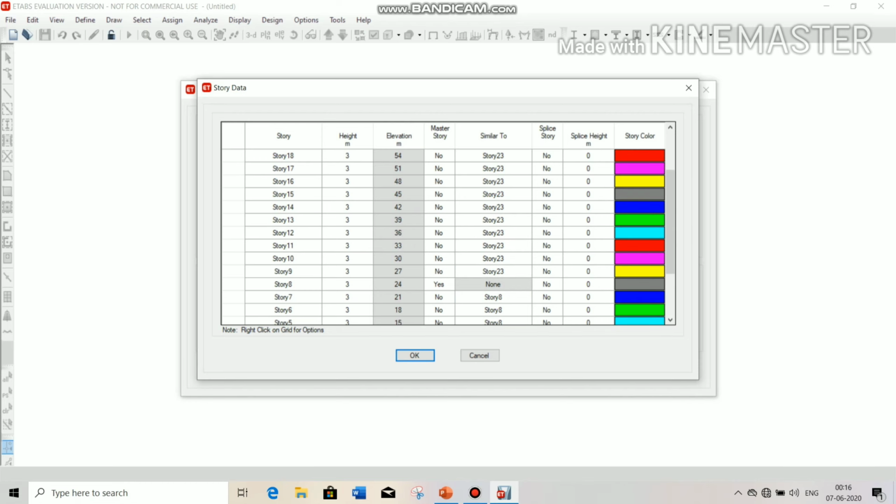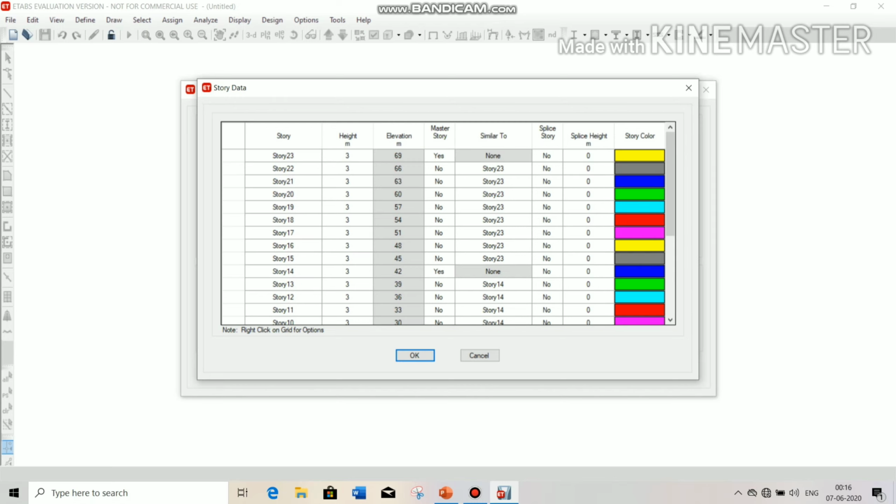Similarly 9 to 14 is the same, so change story 14 to yes, and choose 14 here, 14 here also, and 14 here also.